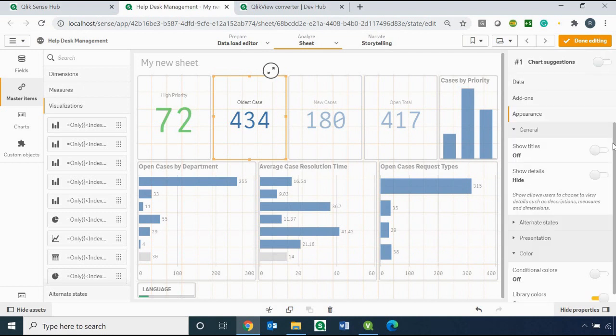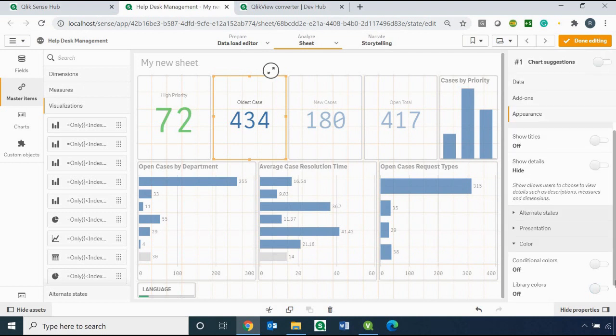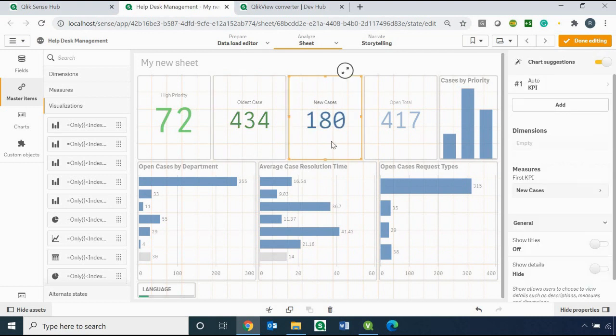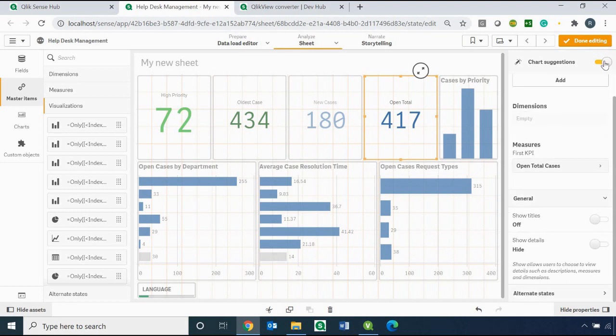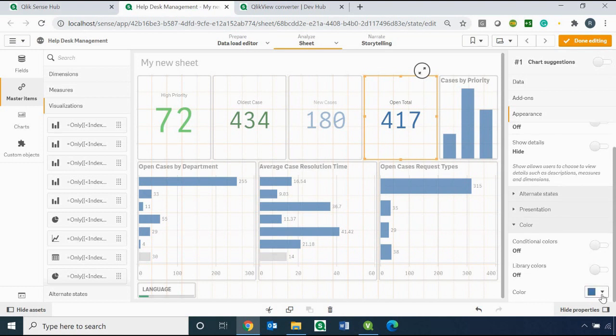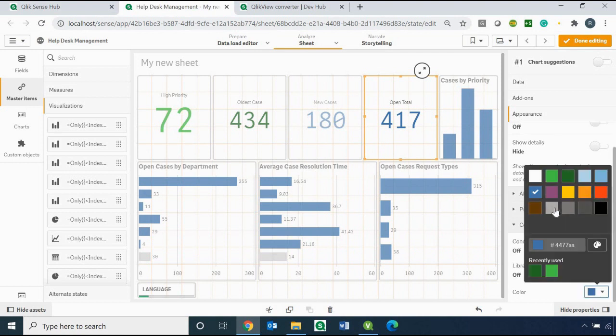I'll just disable this, go here, change the color to, let's say this one, or let me make it darker. Yeah, let's keep the same color for this, and for this let's go here again, change the color to something. I mean, this is the open cases, so let's make it red.